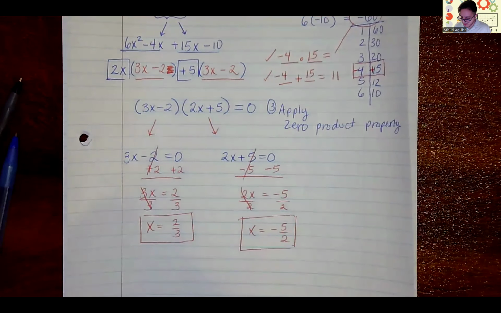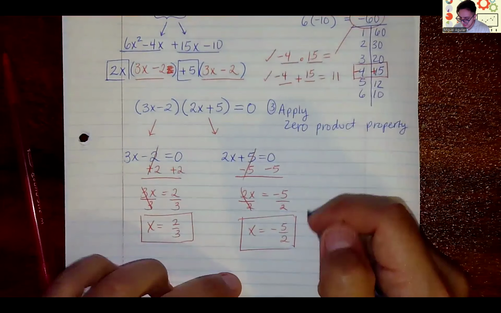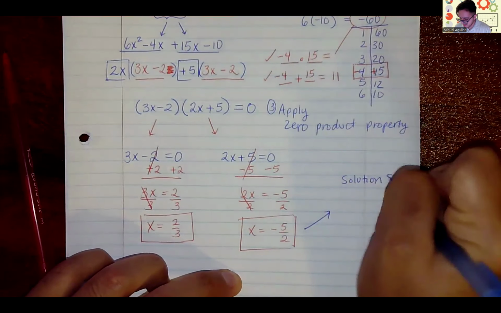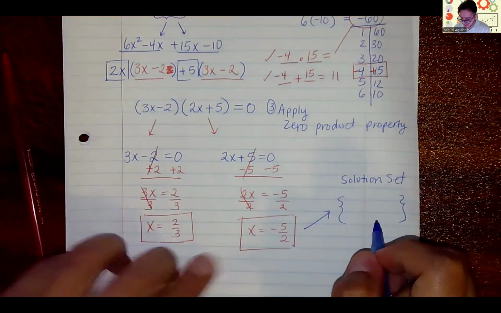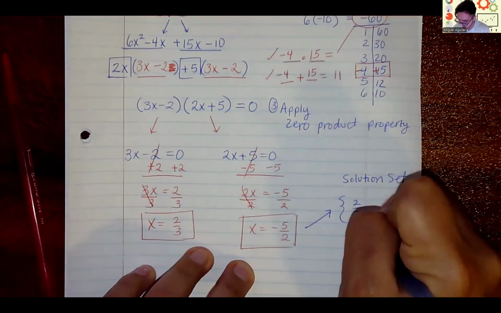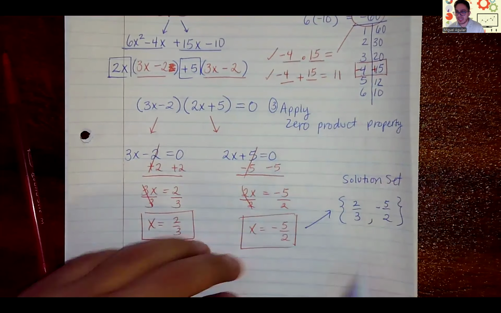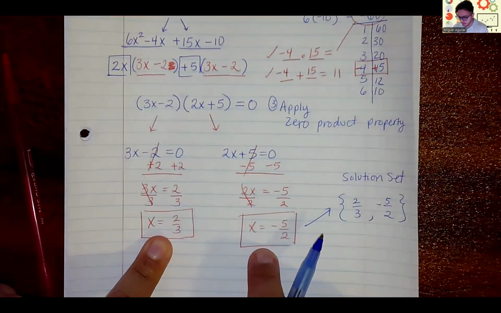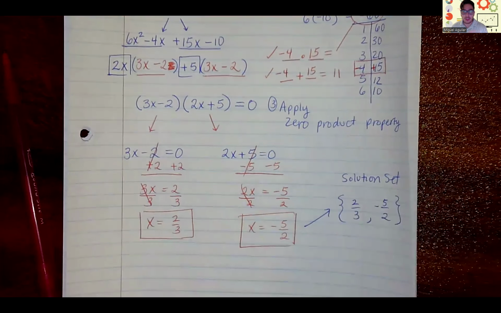Okay. So we have our two solutions. What you'll notice when you're doing your homework is that sometimes the answer needs to be written in what they call a solution set. So as a solution set, we're just going to include, enclosed in these braces, just the numbers that you obtained here. And it doesn't matter what order you put them in, but I'm going to just put 2/3, comma, negative 5 over 2. So when your homework platform asks you to enter the solution set, you don't have to put x equals. You're just going to put your first solution, comma, your second solution,